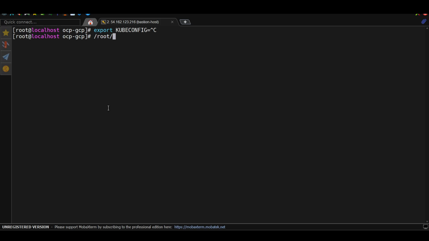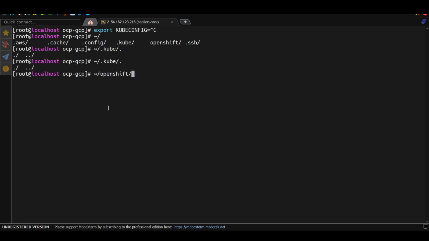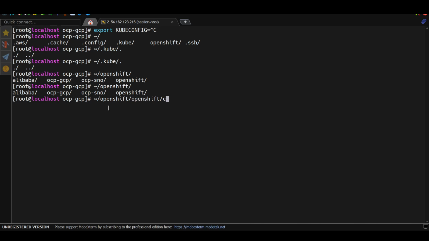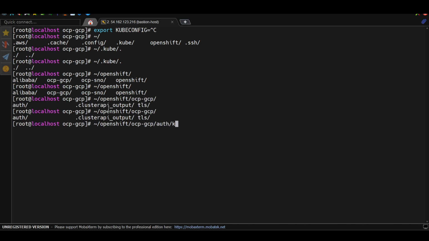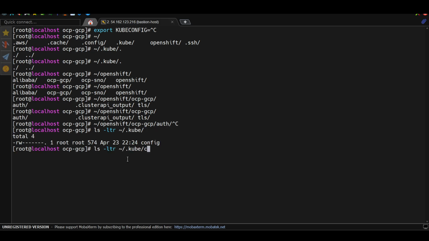So it's gonna be root, it's gonna be my home directory, and then dot kube. No, not kube. OpenShift GCP, OCP, GCP, auth, and then kube config. Okay, so it's not showing the files under, so I think we will do it this way. OpenShift, sorry, kube. Okay, so we can see this is the same configuration file